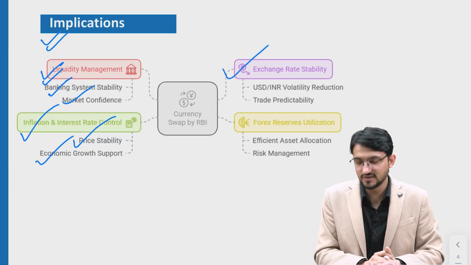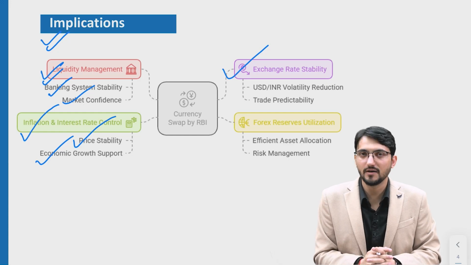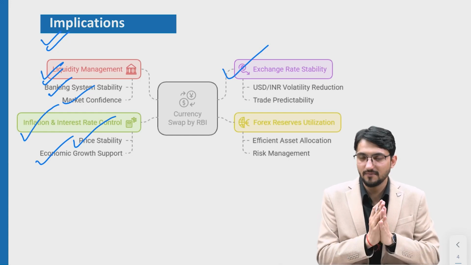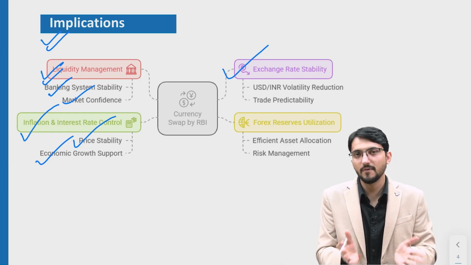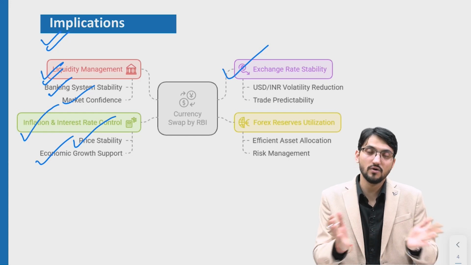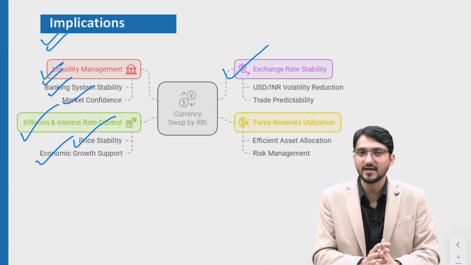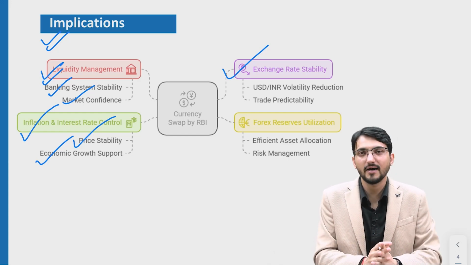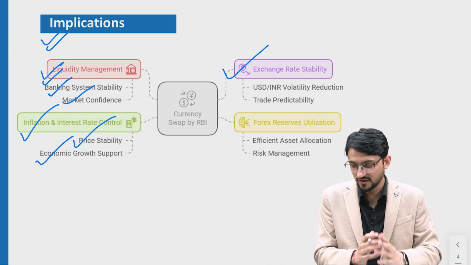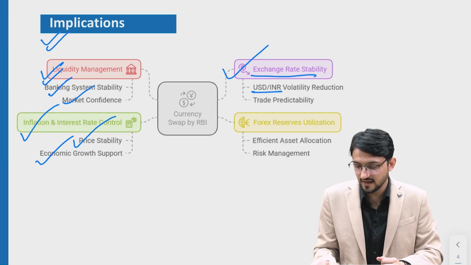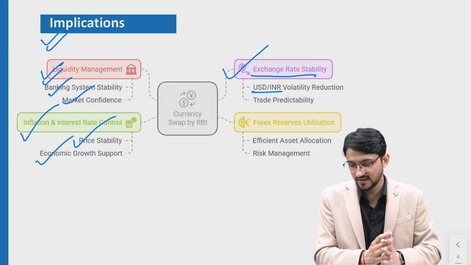Further implication, if you see, exchange rate will be stable because there is a supply crunch on dollars, so people will not get dollars or they will get them at a costlier price, but that will lead to tensions in the exchange market. So by supplying these dollars, RBI makes sure that the Indian rupee and US dollar exchange rate is